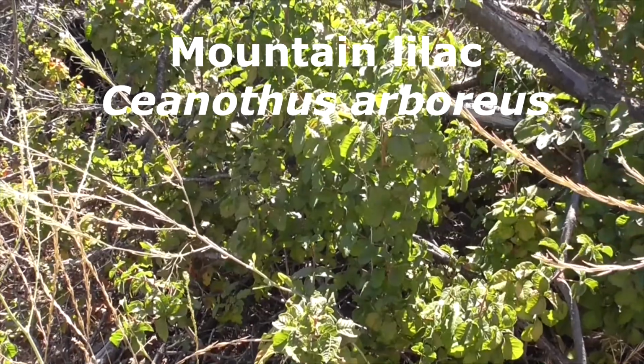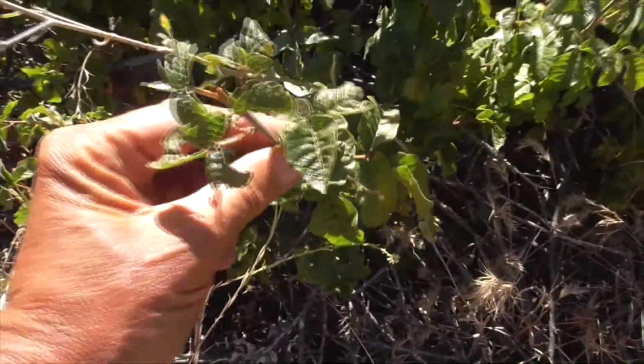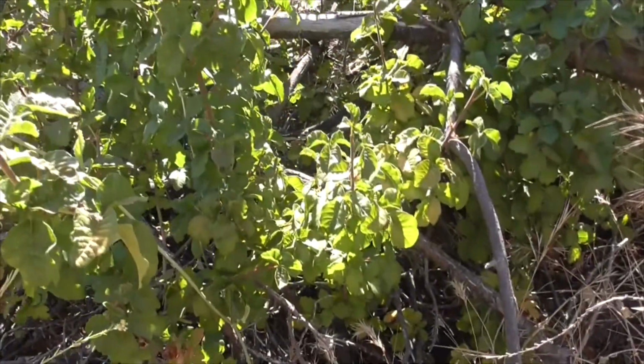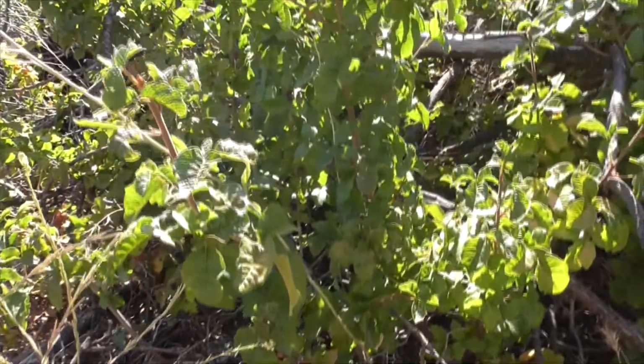Hey, this really waxy glossy guy, this is our mountain lilac, Ceanothus arboreus. Alright, he's got really dark leaves here. So this is the wild variety, but at home you're going to buy Ceanothus, probably a concha variety, which is a little cultivar of this plant. He'll get these beautiful